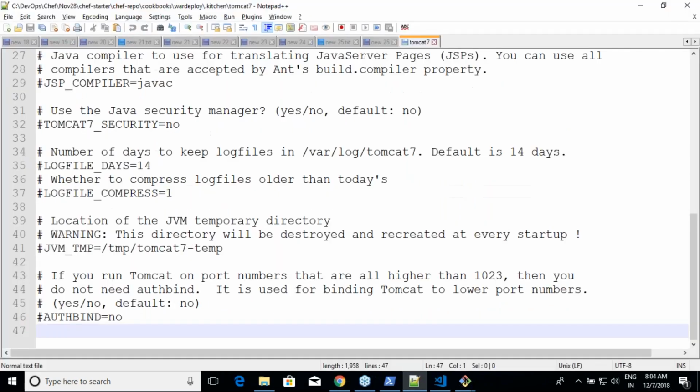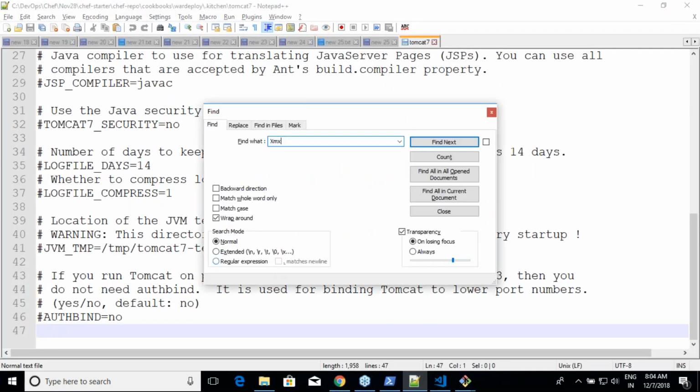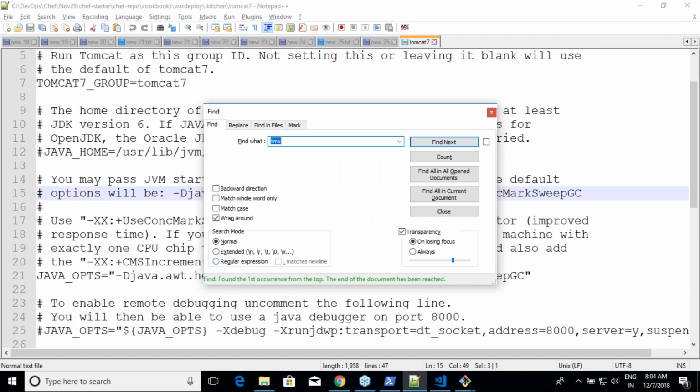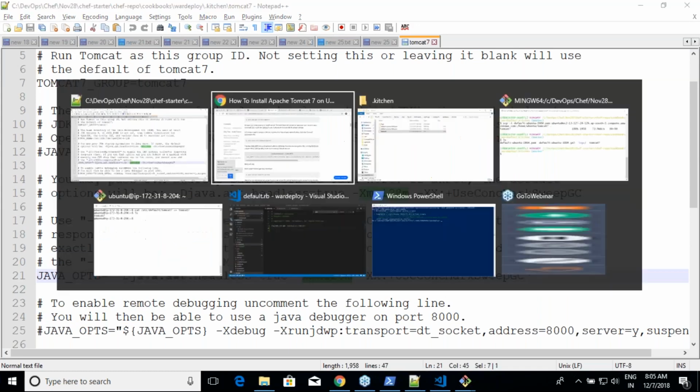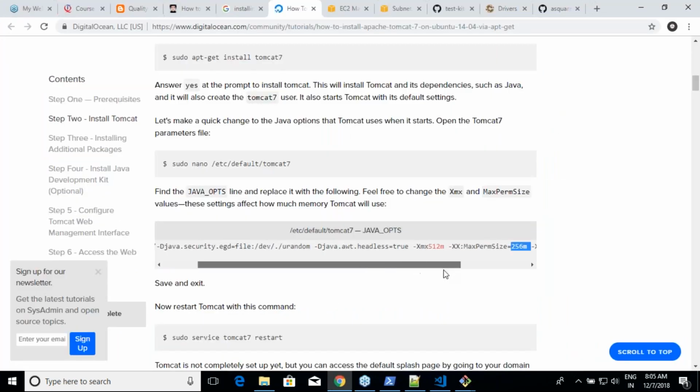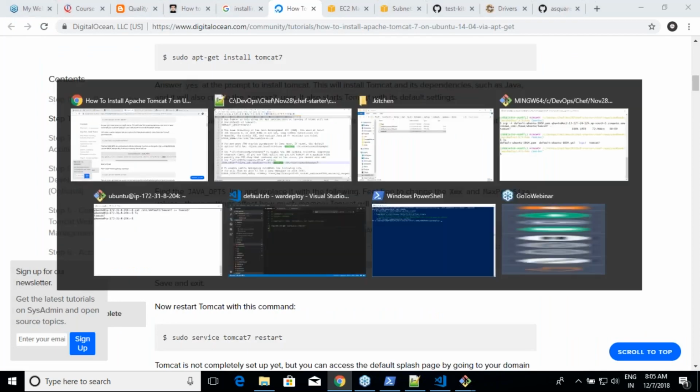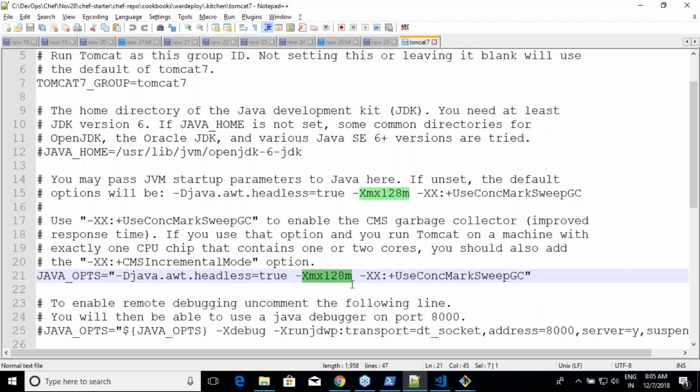So let me see if I have something called Xmx. Am I having any Xmx value over here? So what he's trying to tell is, if you want to use this Xmx, okay, where is it? Over here, you have to change that Xmx value to 512m and max perm size to 256m. So is there already a line for that? Yes.